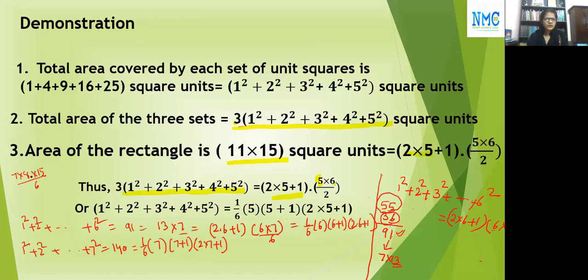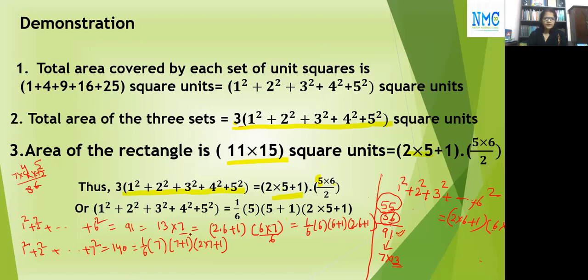So you check whether you are getting 140 or not. So here it is 3, 4, 5. So you are getting 7 into 20, 140. So it means if you take 1 square, 2 square, 3 square, up to 7 square, then you can make the arrangement in 2 cases: 3 sets in 1 case, then the rectangle in another case. In this case the rectangle may be like 28 into 5. So in any case, you are getting like this.